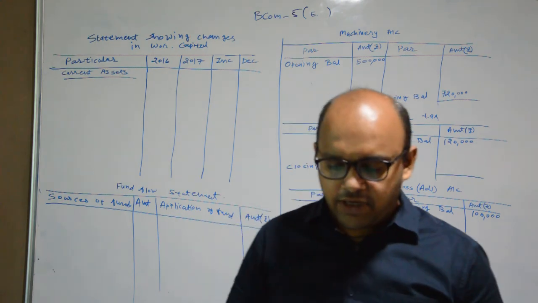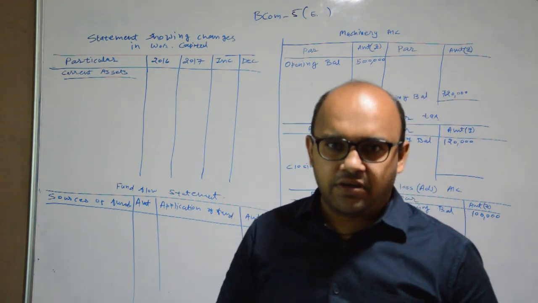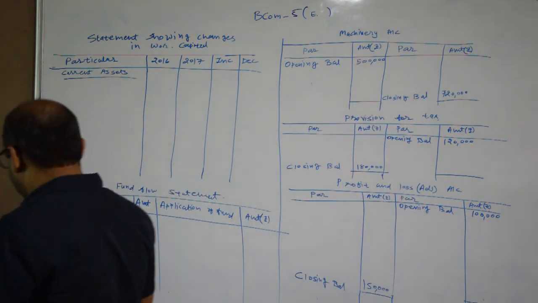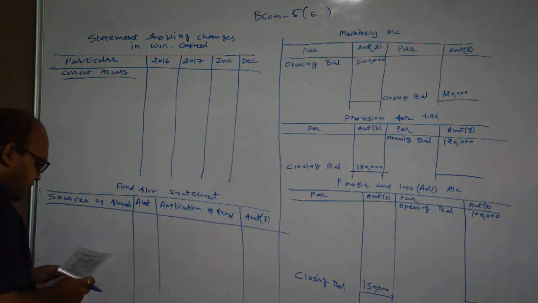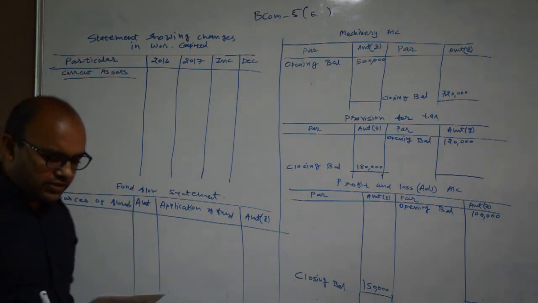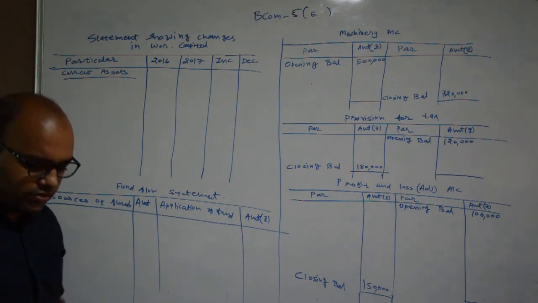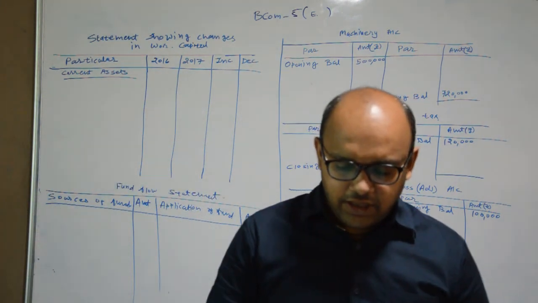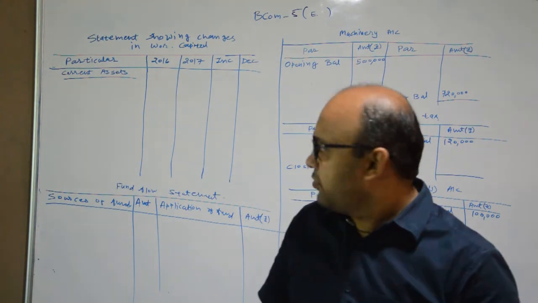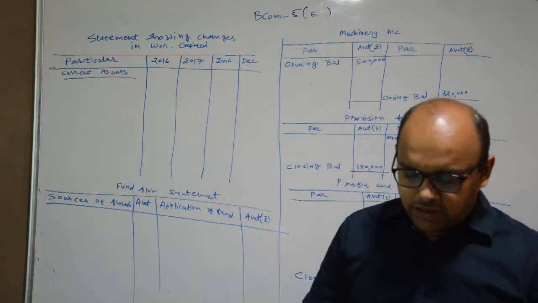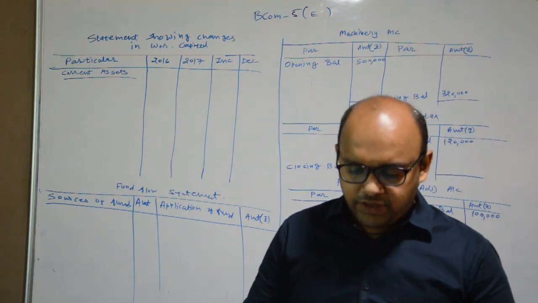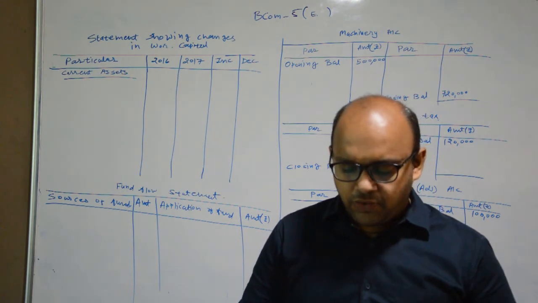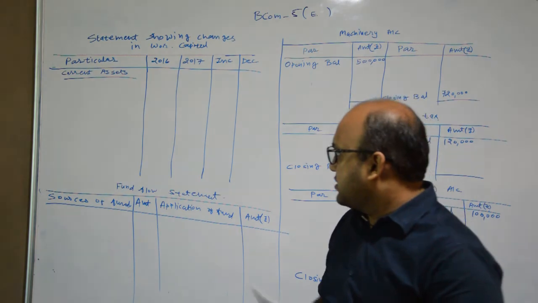So we have to find out from the balance sheet which are current assets and which are current liabilities. We are starting with current assets. The first account provided on the asset side of the balance sheet is building. It is not a current asset, it's a fixed asset. Machinery and investments are also not considered current assets. Stock, debtors, cash at bank and prepaid expenses, these four accounts are considered as current assets.